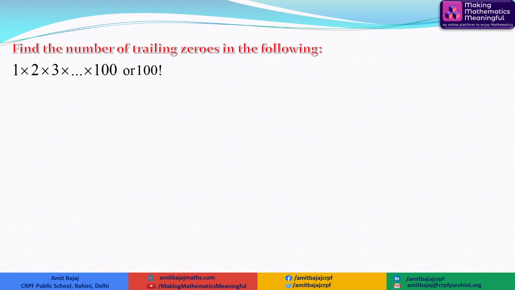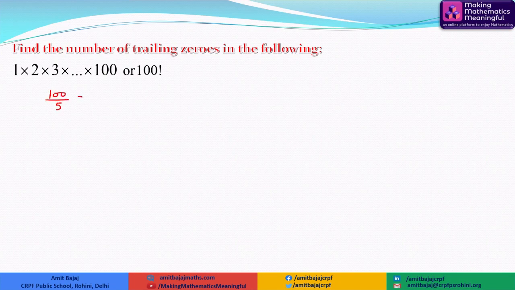When we talk about multiples of 5, they will be fewer in this case, as we can easily observe, we have 2, 4, 6, 8, 10, 12 and so on. So there are many multiples of 2, but the zeros will be contributed by the fewer ones, which are the multiples of 5. So to count the multiples of 5 here,